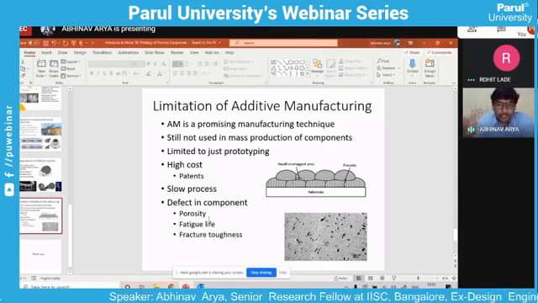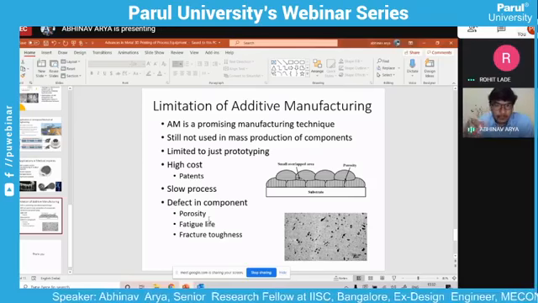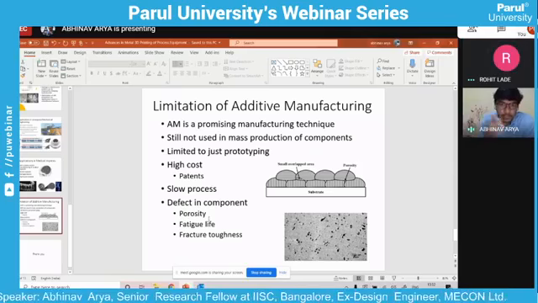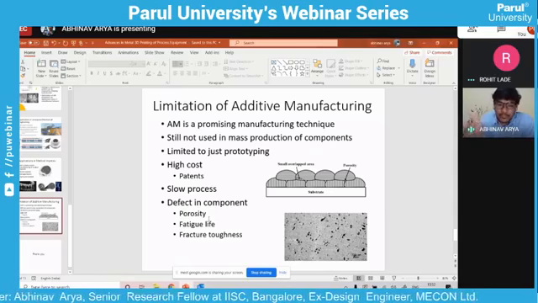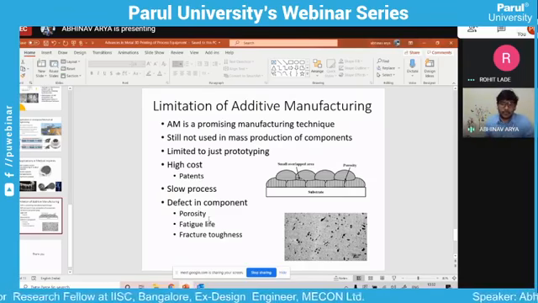Tomography is widely used to see the porosity, defects, and impurities present in the material. Similarly, XRD is used to see what phases are formed in the material. So all those techniques that are traditionally used can be used. It is the same material, just the manufacturing technique is different.